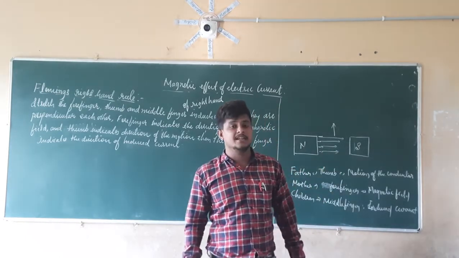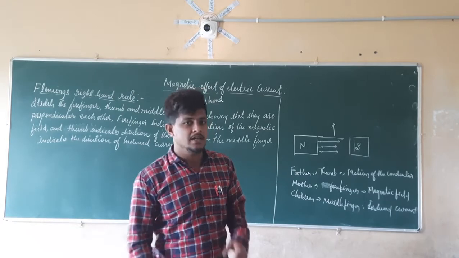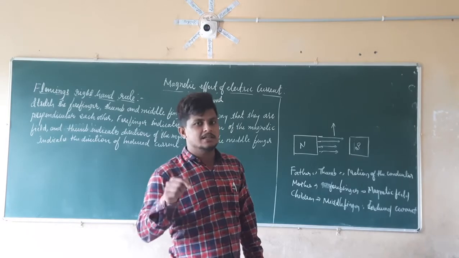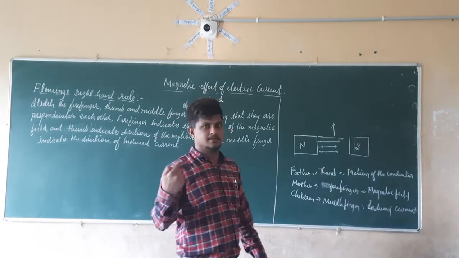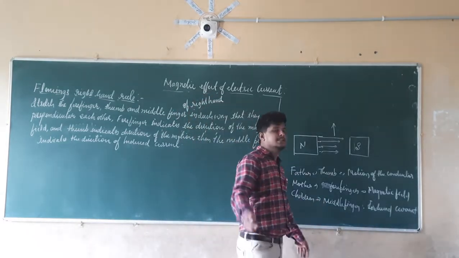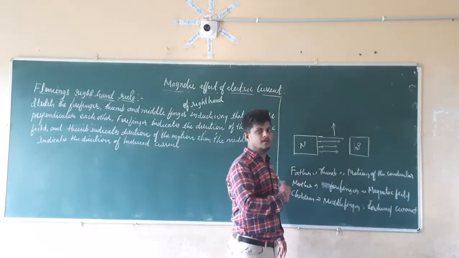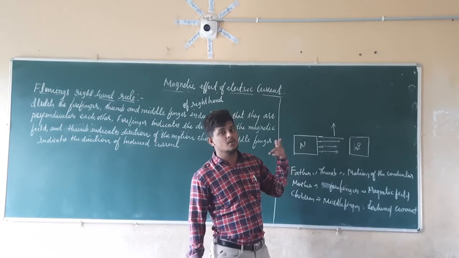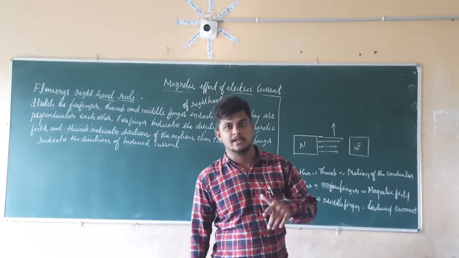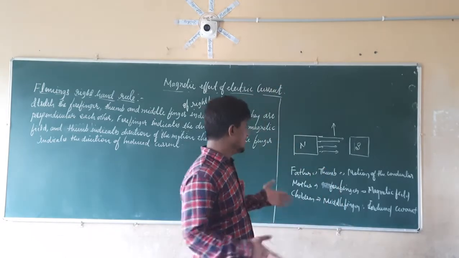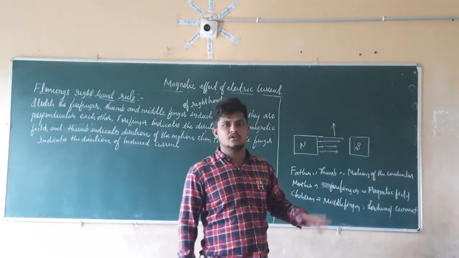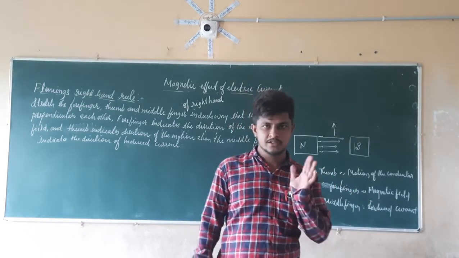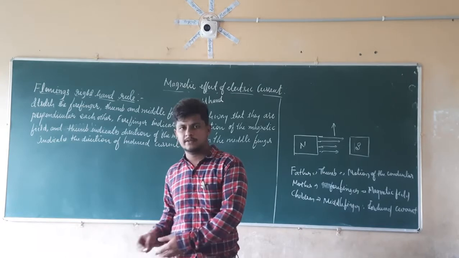So if it is the direct current, what is going to happen here? If it is the direct current, then whatever current is produced here will be in only one direction. So if it is moving in the inward direction, then it will move in the inward direction only, not the outward direction. If it is in the outward direction, it is going to move in the outward direction only. So this is about the Fleming's right hand rule to find out the induced current. I hope everything is clear now.